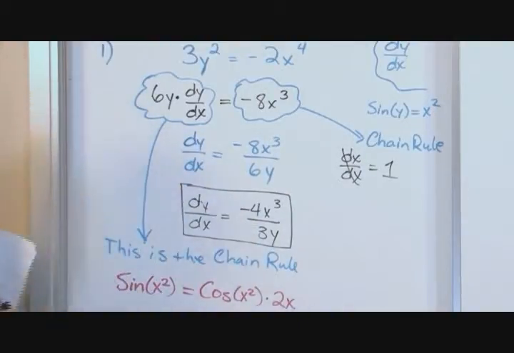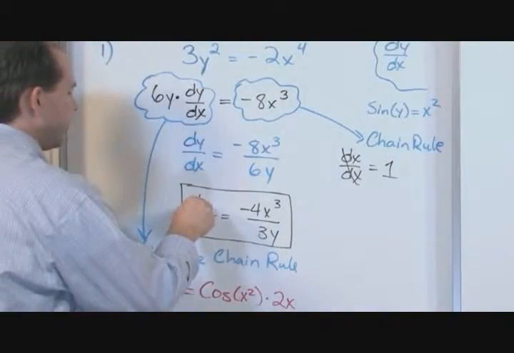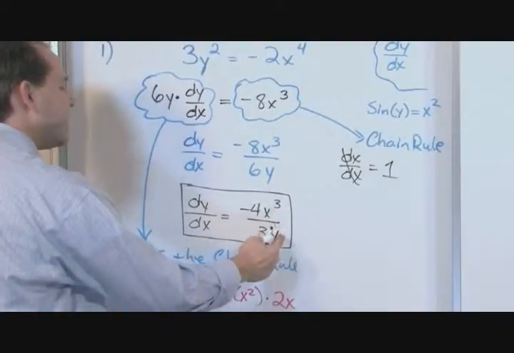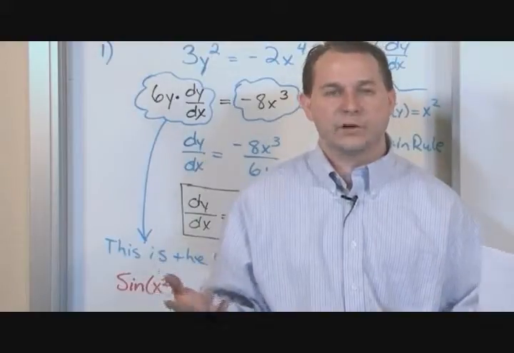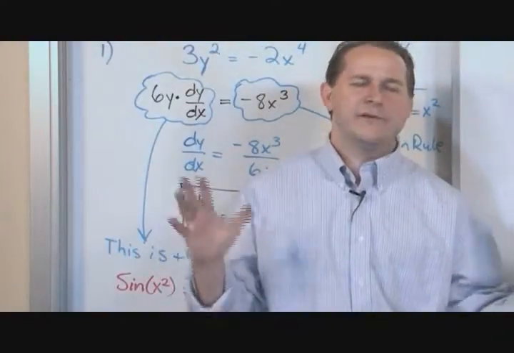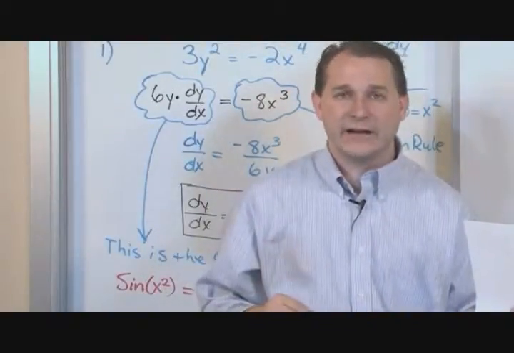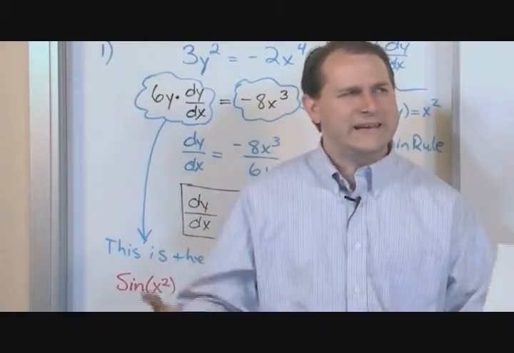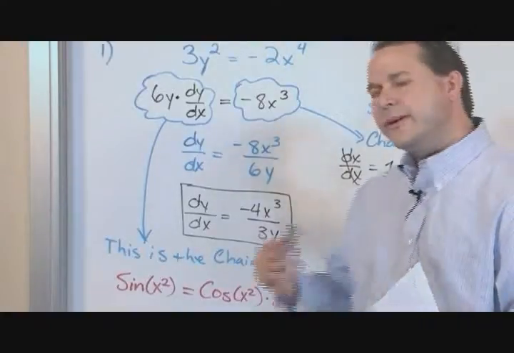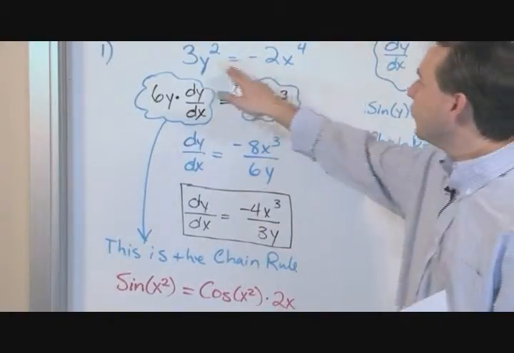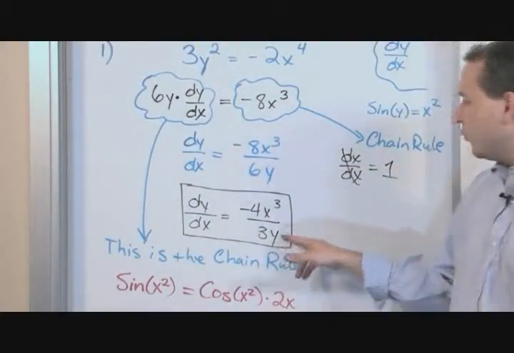Now notice how this differs from a regular answer. dy dx is equal to this quantity that we've calculated over here, and this quantity has x's in it and it also has y's in it. That's something new. If you go back and look at all the other derivatives we've learned, x squared, whatever, it doesn't matter. We've always had y on one side of the equal sign, and then everything else is x's on the other side. Our derivatives only involve x, or t, or whatever variable we're dealing with. This derivative involves both variables. The reason it involves both variables is because our original equation was not explicitly defined for y. And so it's very common, in fact, you'll always see x's and y's in all of your answers,